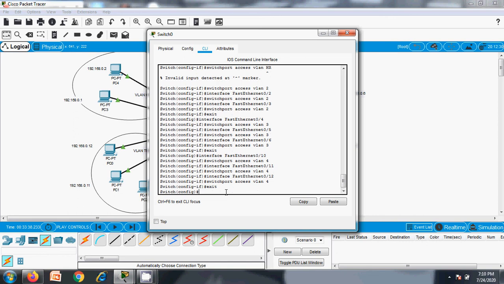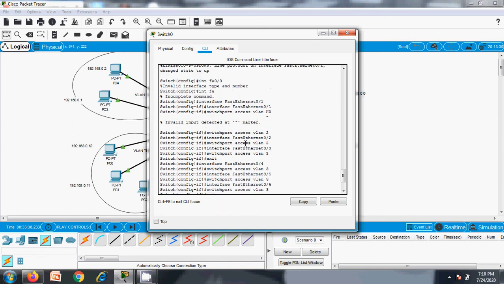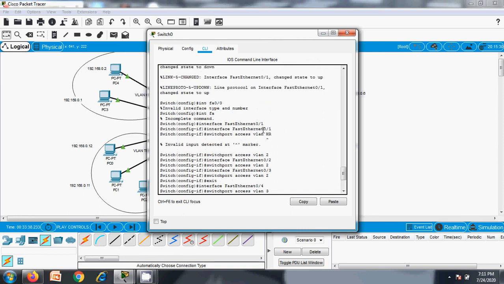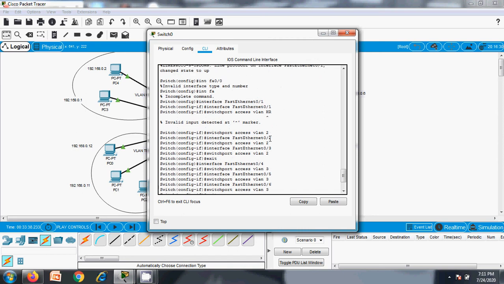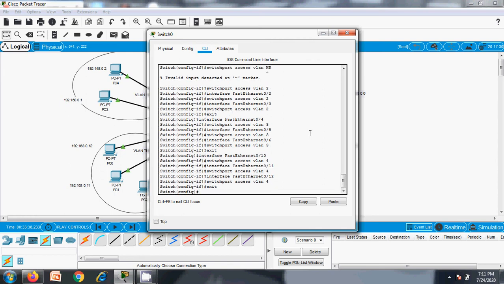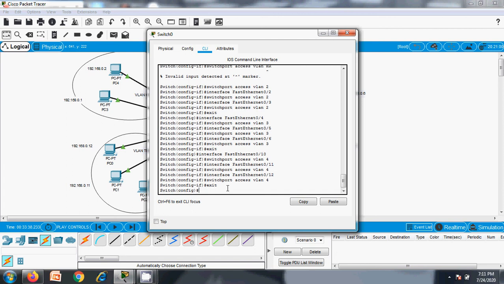So far, what are all the interfaces we configured? I think 1, 2 and 3 are done, 4, 5 and 6 are done, and 10, 11, 12 are done. So 7, 8 and 9, right? That needs to be configured.